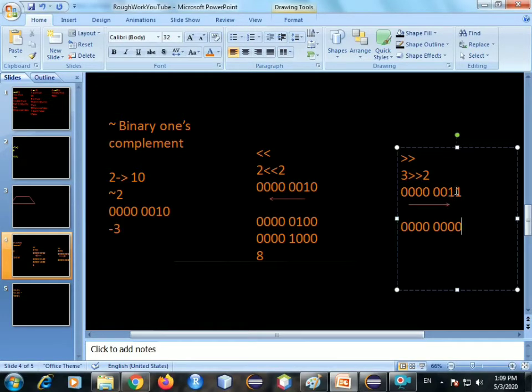Since you are shifting twice to the right and inputting zeros on the left, we are obviously going to get 0. Now if instead of 2 shifts it was 1, then we would get the answer as 1, since this digit would still be remaining after the first right shift. Alright, so we are done with right shift now.